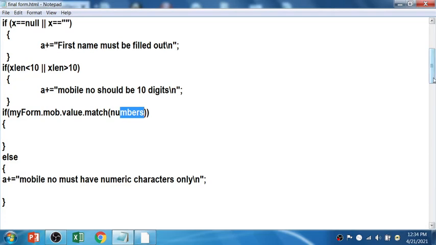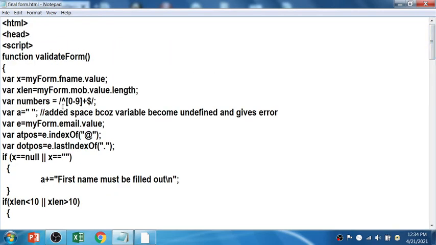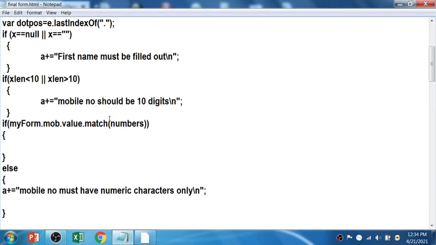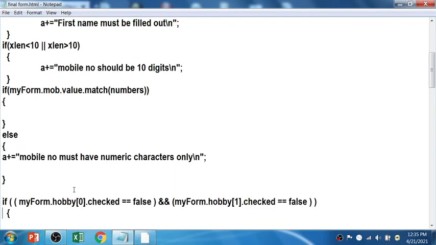In that number variable, the digits 0 to 9 are stored. So it matches whatever value is in the mobile text box with the numbers variable. If it matches, there is no need to print, but if the condition is false, it will print that the mobile number must have numeric characters only.